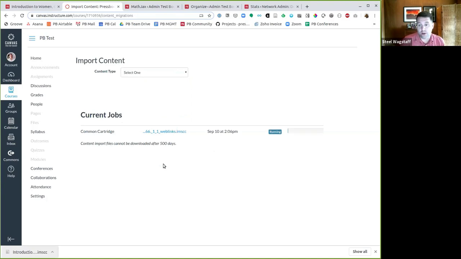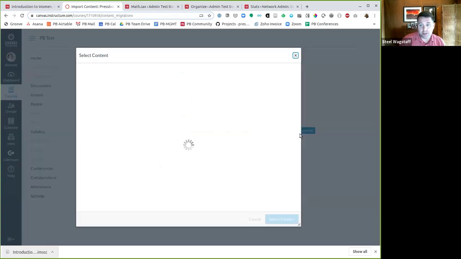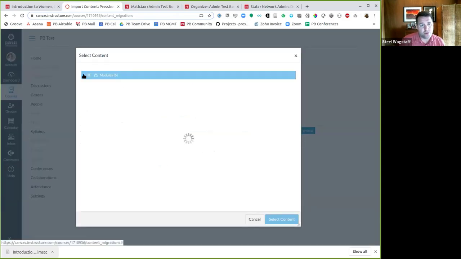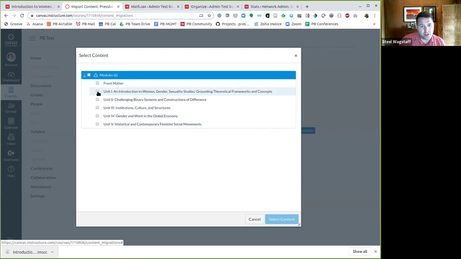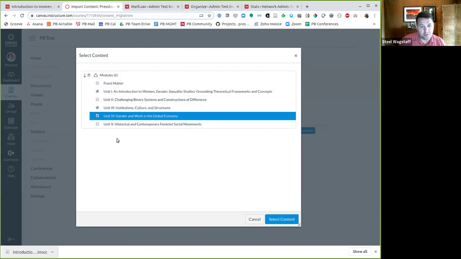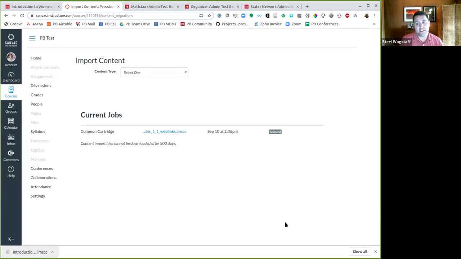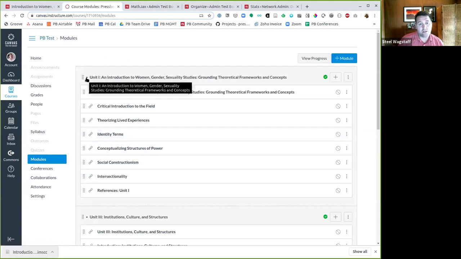Canvas in this case will run an import routine, and it will let me select which content I want to bring in. For this particular book, I want to bring in Unit 1, Unit 3, and Unit 4. And I'll say select content. So Canvas will run a little import routine. It says completed. If I look in modules now, you'll see here is Unit 1 of my Pressbook book,